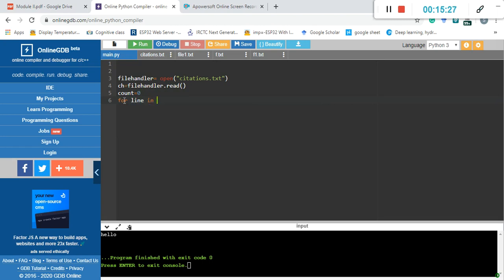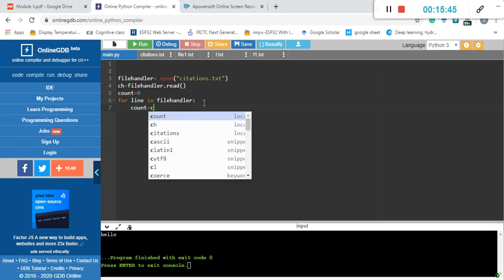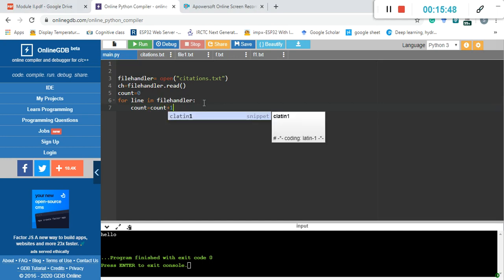For line in file handler: if a line exists in the file handler, then for each line you increment the value, count is equal to count plus 1.